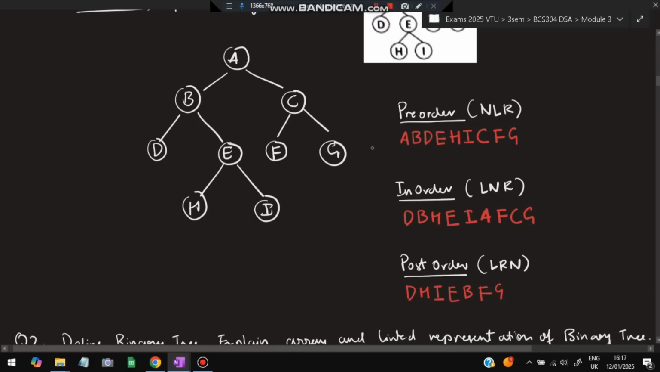G will be printed, LRN is done for G, LRN is done for C, and LRN is done for A also. So all the elements which are printed at the last, A will be printed. Okay, LR, left and right was over for A, so after that N is there, so A will be